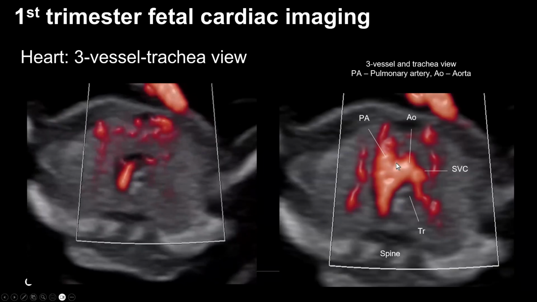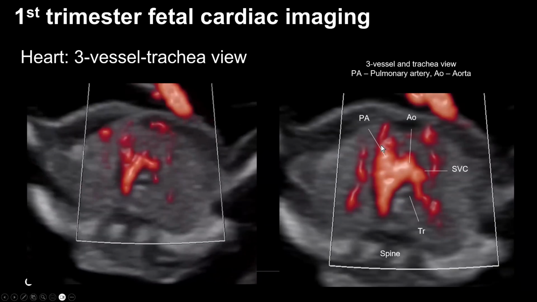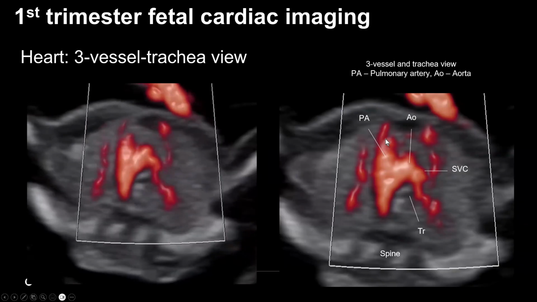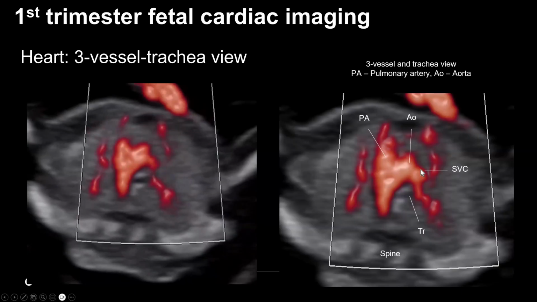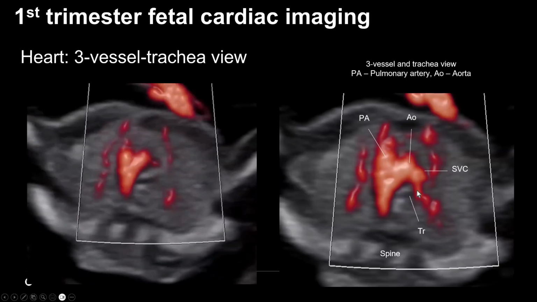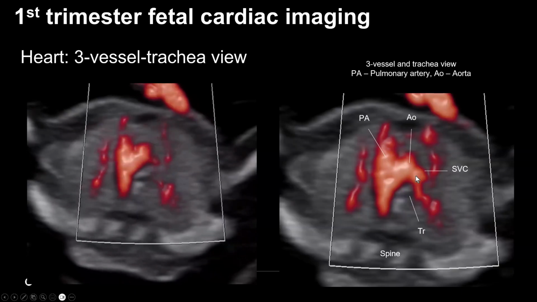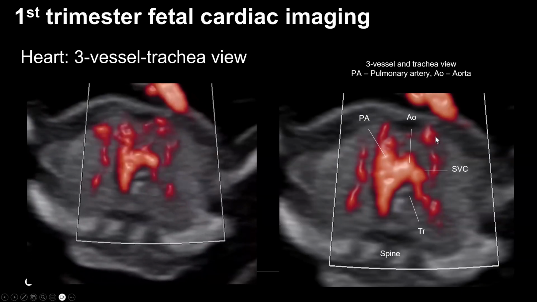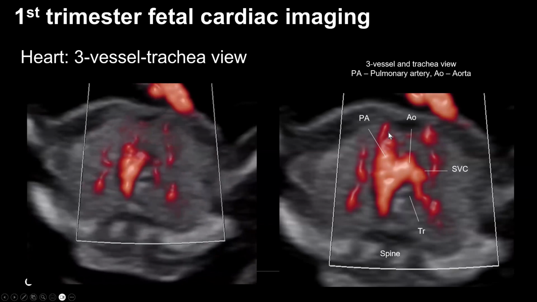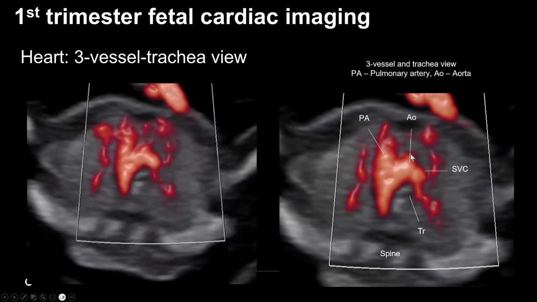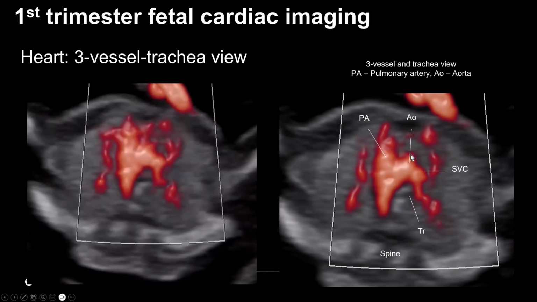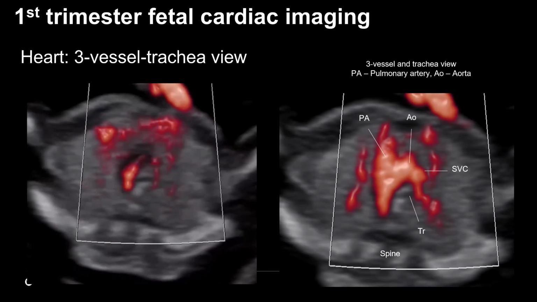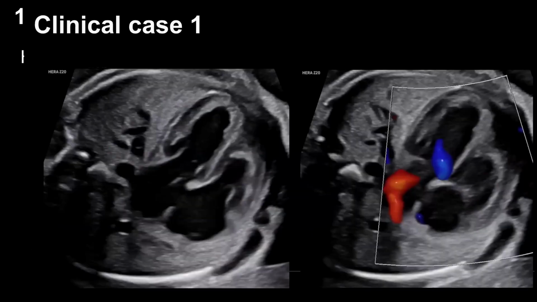And again, this is the MV flow, so you can see the resolution of this technique that helps to see the pulmonary artery, the aorta, the superior vena cava, the azygous vein that drains to the superior vena cava, and even the branches of the aorta, such as the internal thoracic arteries, which basically highlight the lateral borders of the developing thymus, so that the resolution and the details that we can see is really amazing.